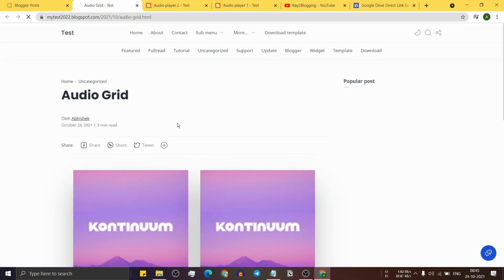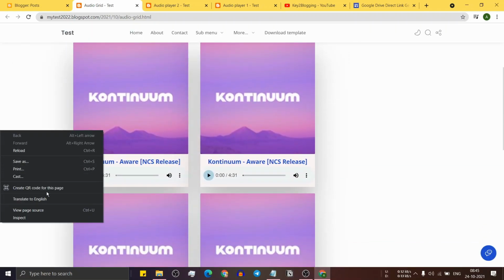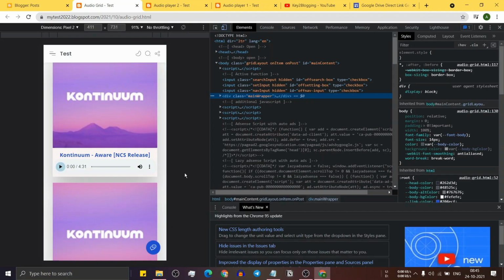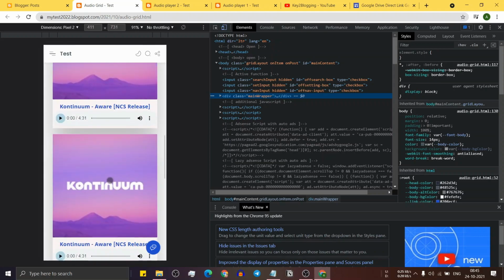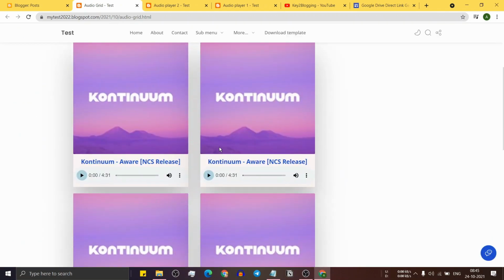and let's open it in a new tab. Now as you can see, the grid audio file is added, and let me just open it in mobile view, and as you can see, it will automatically adjust the size in mobile view. So let's check how we can add a paragraph in this grid.